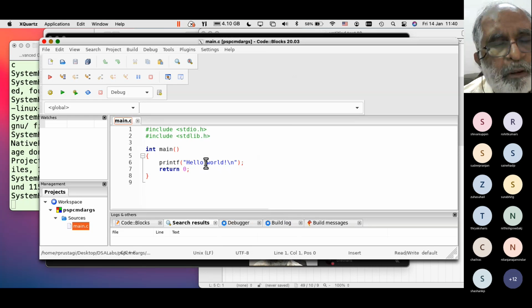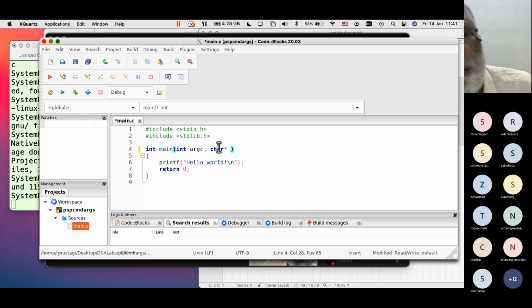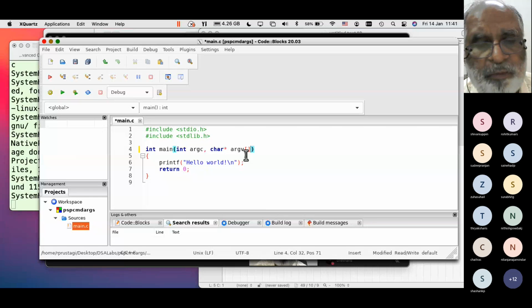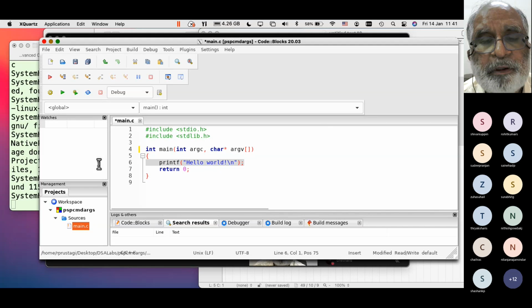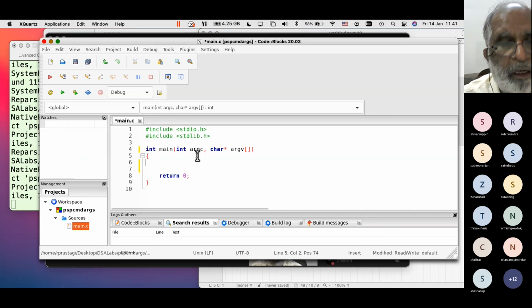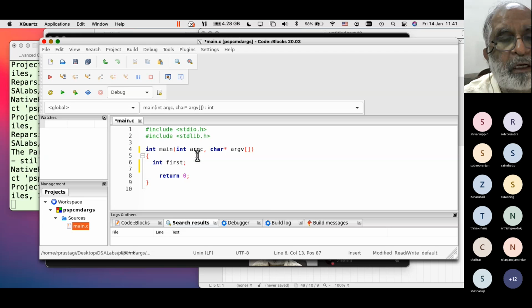Let's say I want to do sum and display of these two numbers. So I would say here int argc. Again, I said when you get into details of pointers or functions, we'll talk about what all these arrays and pointers would mean. But currently, you can assume this is the way to be used. Then we have the two numbers. So let's declare int first,